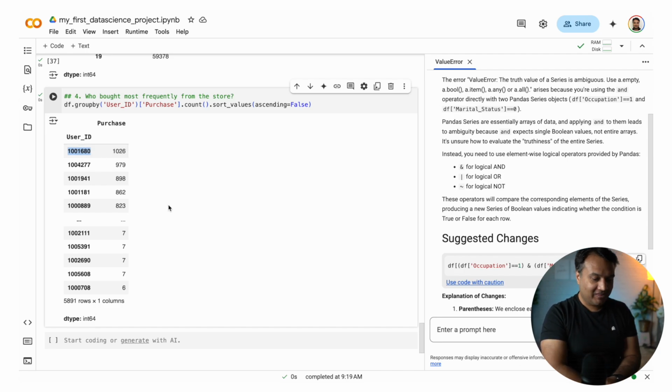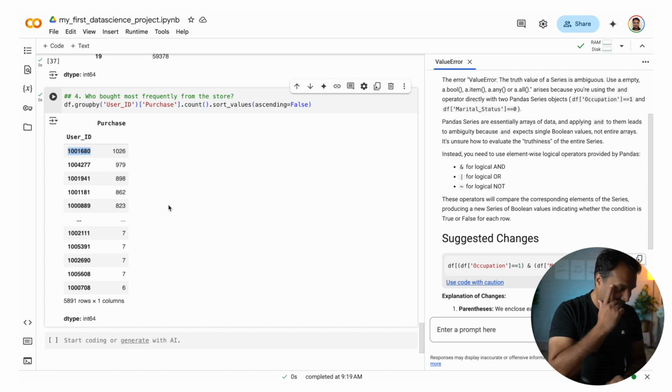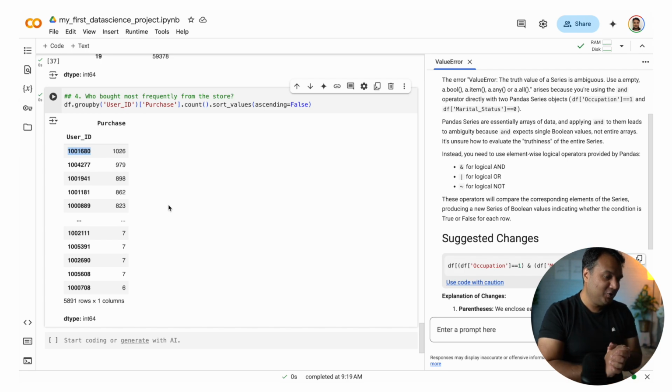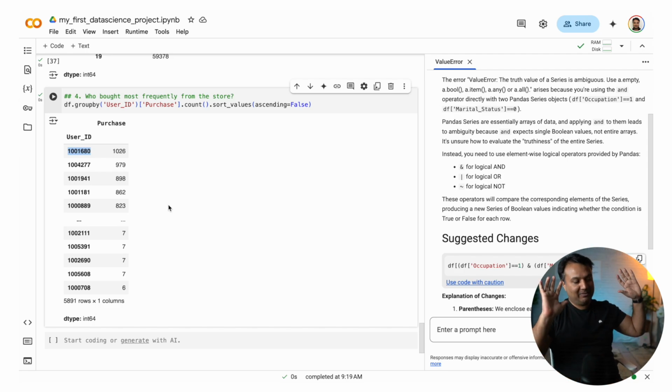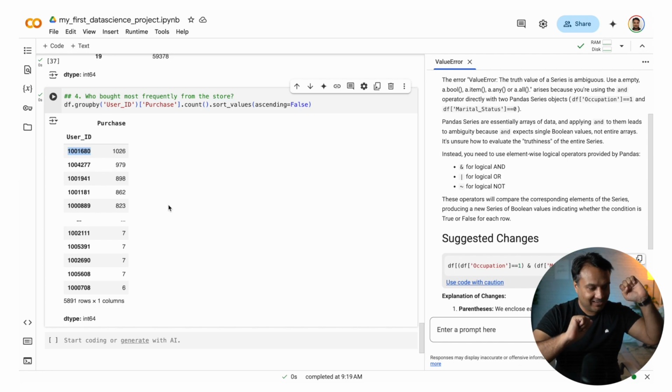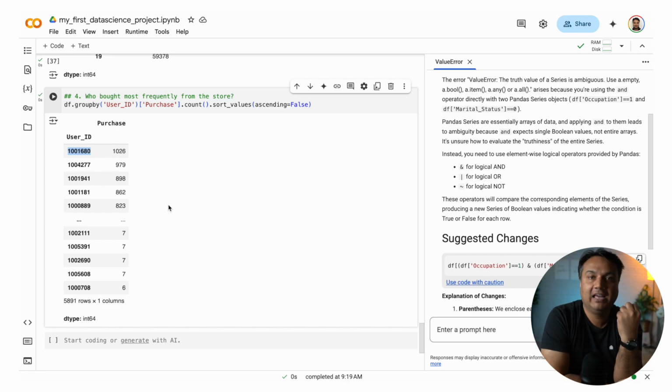Okay, so this is basically how you would use pandas. This is the only library we have used so far in this course, and how you can look at the data, you can draw insights from it, you can play around with it. All this exercise which we did, it has a technical name. It is called exploratory data analysis. Or in short, it is called EDA.